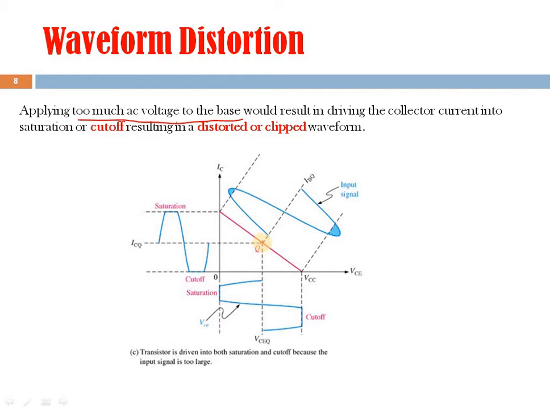You see, the operating point was exactly in the center, but here what we did is apply too high a signal. So while operating an amplifier, first we have to be sure that the operating point is exactly in the center. Second, the signal which we are applying should also be of a suitable range, so that the output current and output voltage don't enter into saturation and cutoff, and they remain in the active region only.